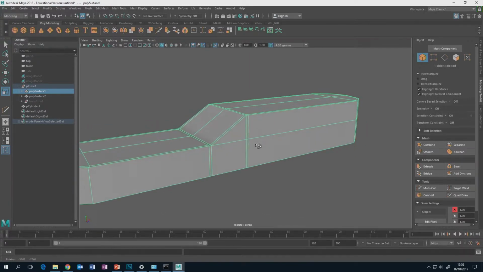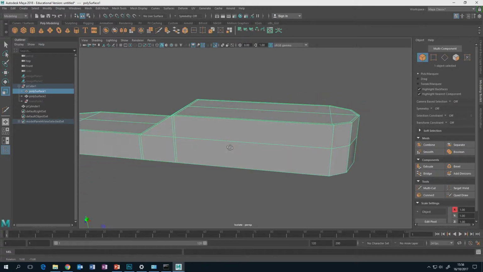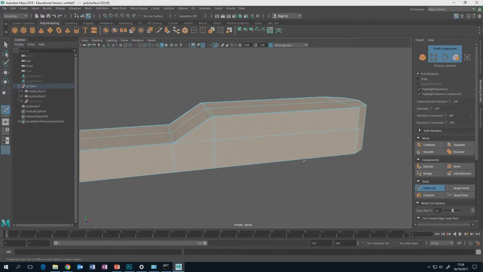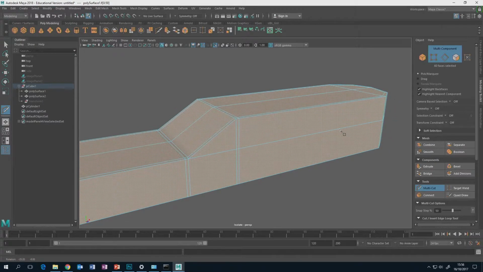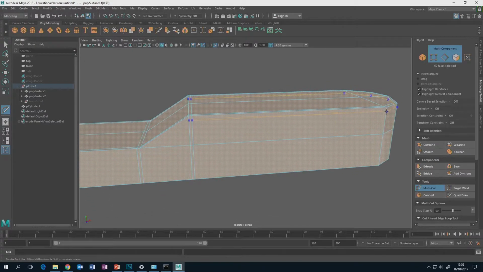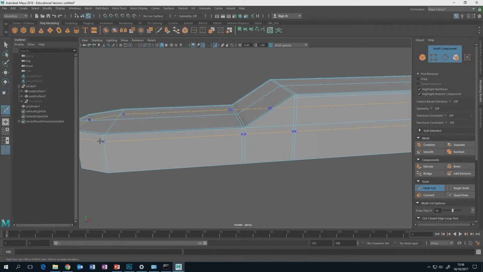Now I'm thinking we probably need another supporting edge loop, but this one might cause us problems. Yeah, because it wants to end at a certain point there. What can we do? We can add one here. Can add one here,